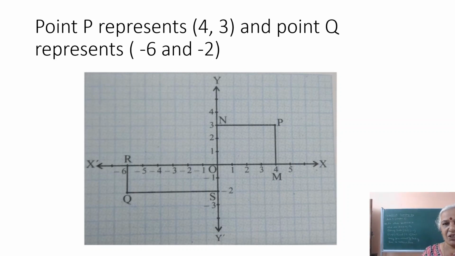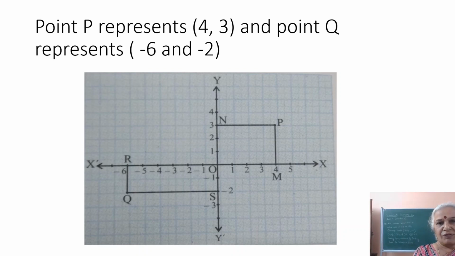Now, the point P in this figure represents 4 and 3. Now you see 0 to M, this is point 4, and 3, if you go up, then P will be 4 and 3. That means here abscissa is 4 and ordinate is 3. And similarly, the point Q, you see here,